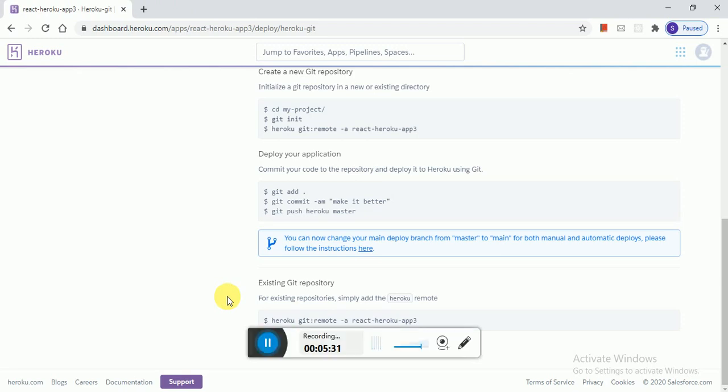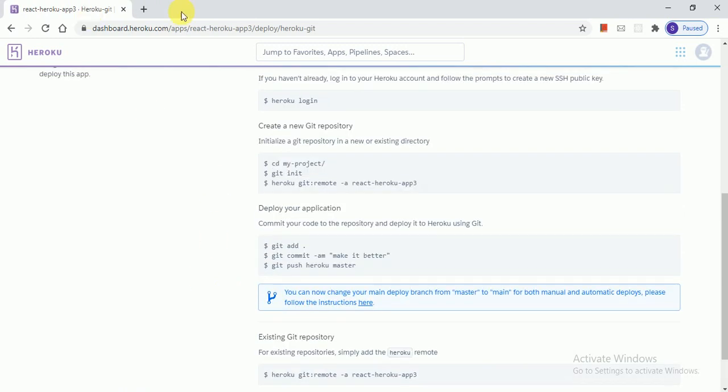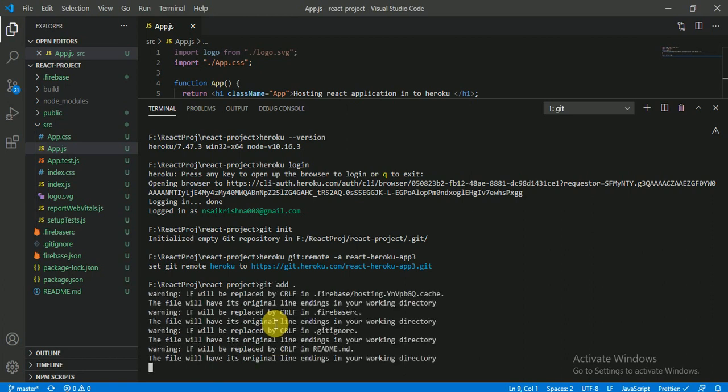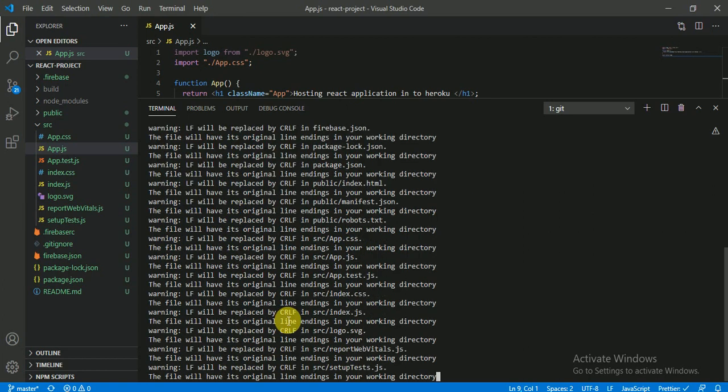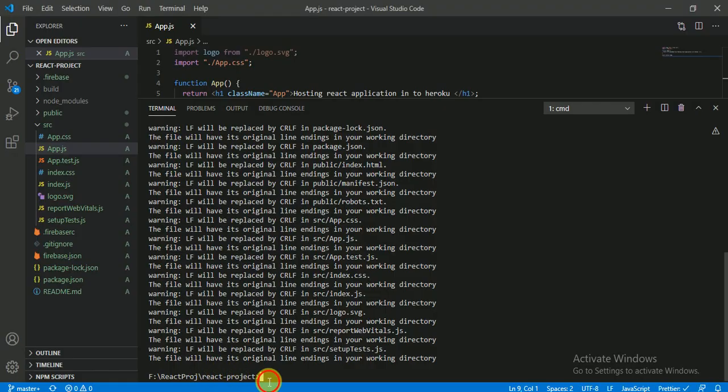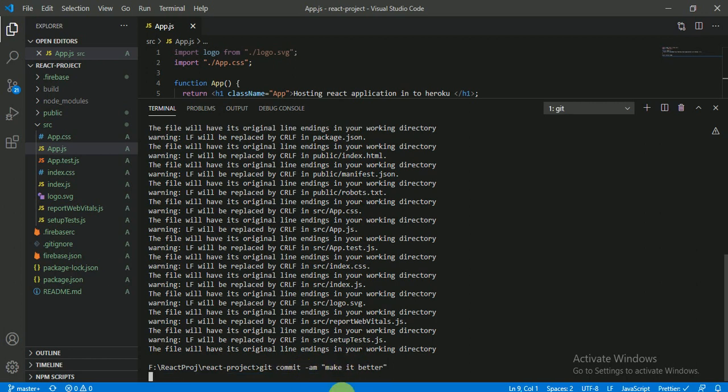After this you have to add the files. Once you are done with this, you can commit by using git commit -am and a message.